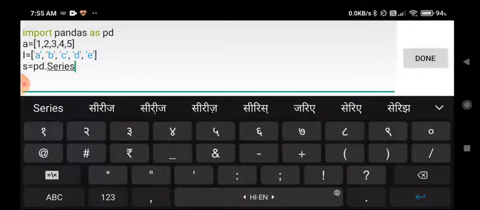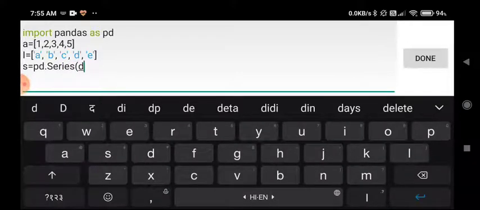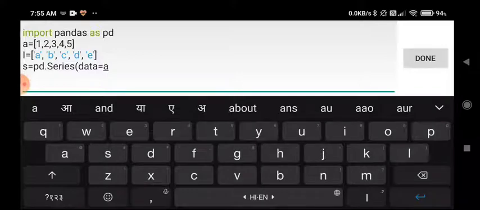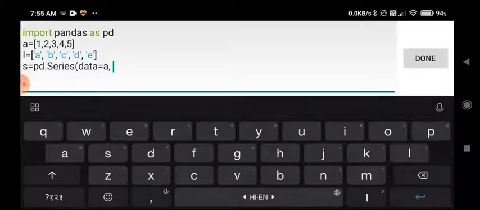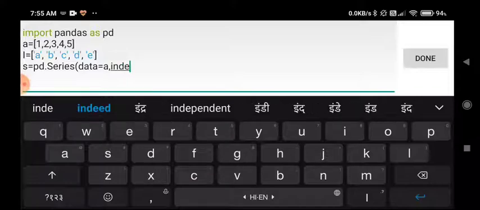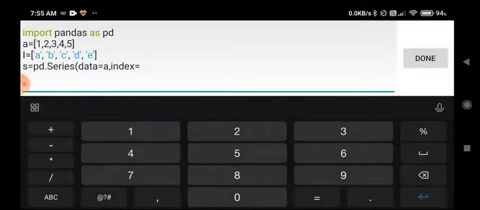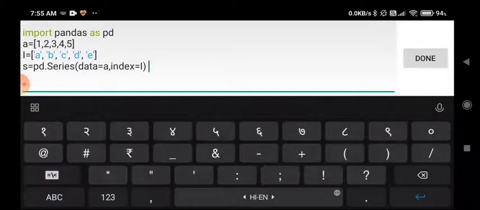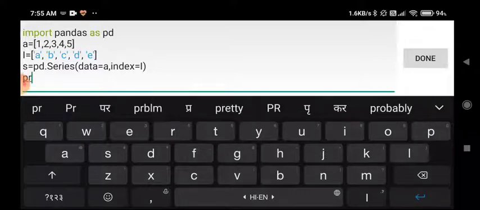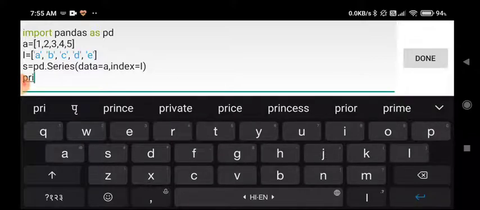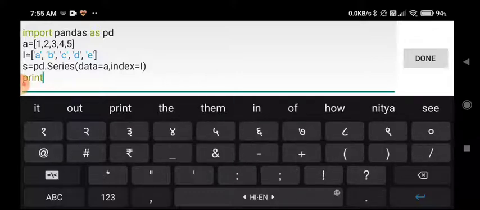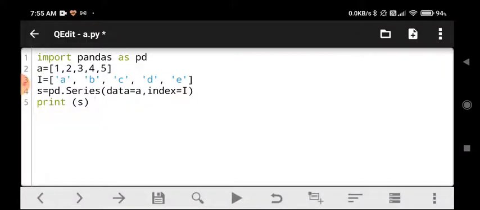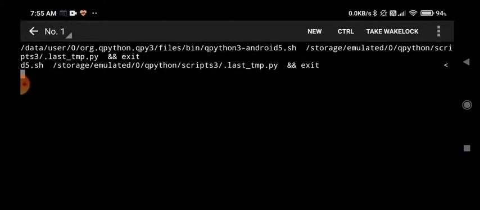So pd dot Series, and then in bracket I am writing data is equals to a and comma index is equals to I. In this manner, if we create the series and display it by writing print statement s, we will get the desired output like this.